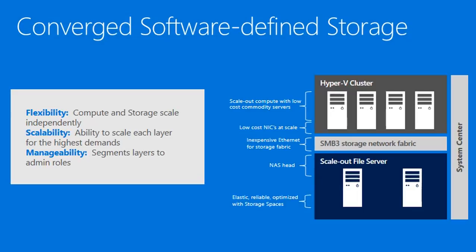Okay, so that was a very quick look at what Storage Spaces Direct looks like. The next thing we're going to look at is we'll talk more about the converged model and what we're actually seeing in regards to that. And if you look at the converged model,